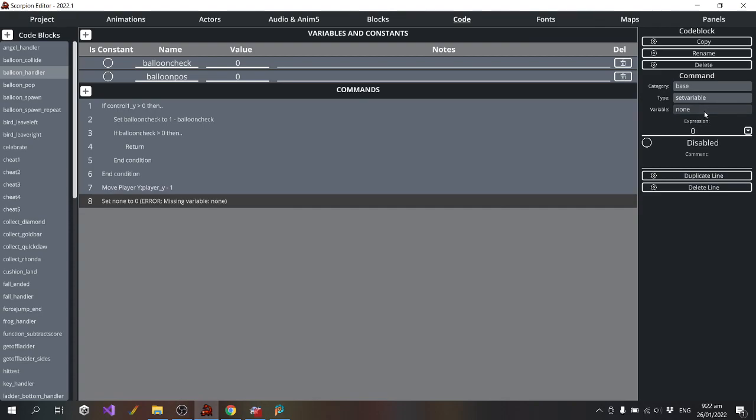So I need to work out where the balloon is relative to the screen. So I'm going to go balloon pos equals actor player x. Uh, no, so